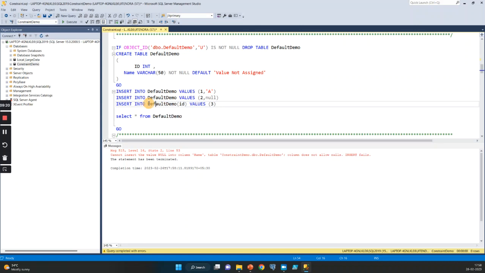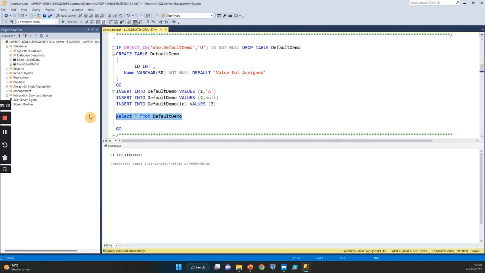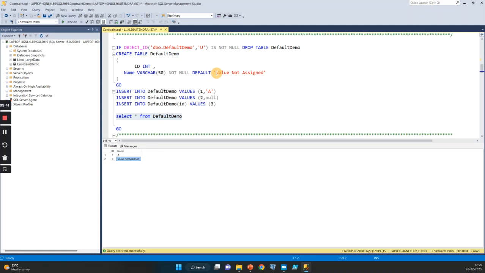Now in my third execution, you can see I have omitted the column name, and I'm just passing the value 3 to my ID column, trying to insert the value into my default demo table. When I execute this, it got inserted, and let us see what got inserted. So now you can see for my value 3, it has assigned the default value, not assigned, which I had actually used. So this way, you know